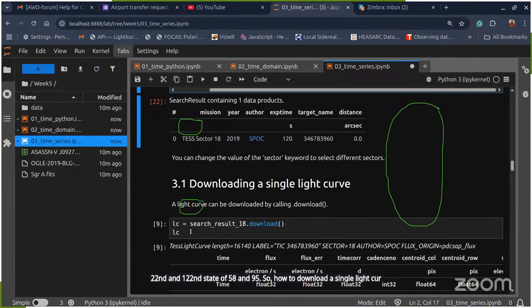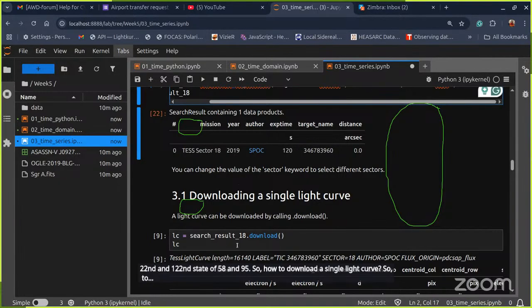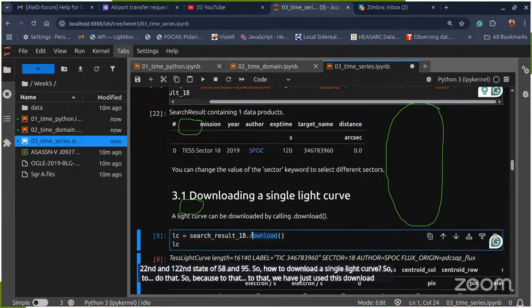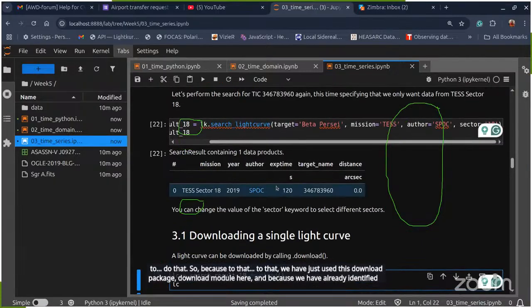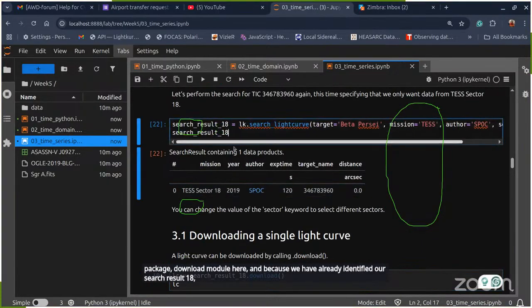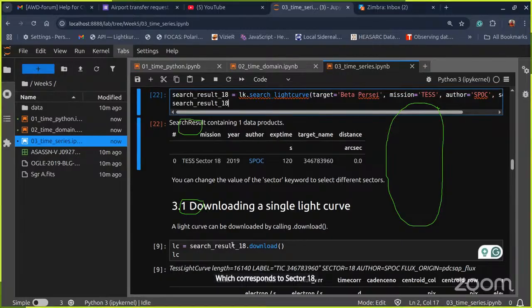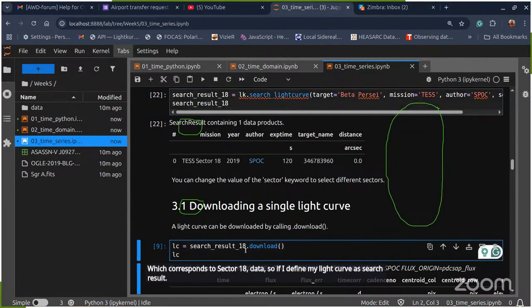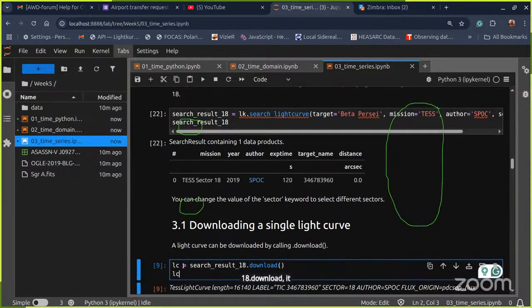To do that, we just use this download module here, because we have already identified our search result 18, which corresponds to sector 18 data. If I define my light curve as search result 18.download, it will give me a